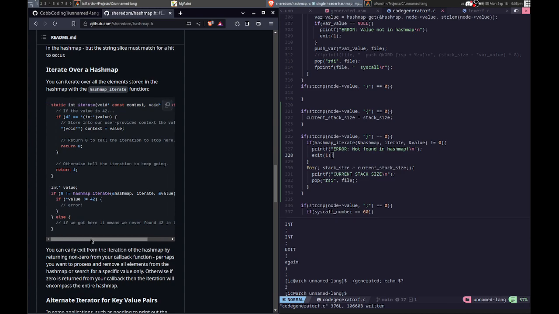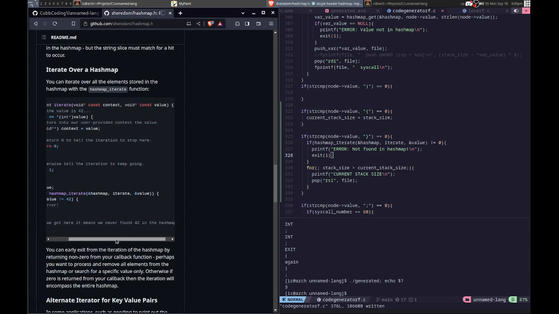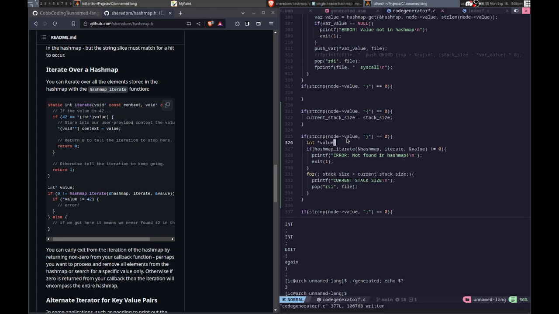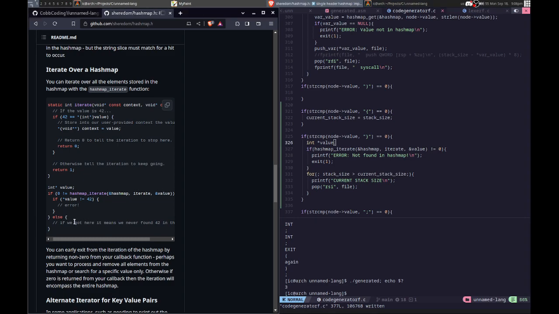Okay, let's see. So we need to declare int value. So now we're iterating through, and we want to check if the value is equal to... if. Alright, let me actually